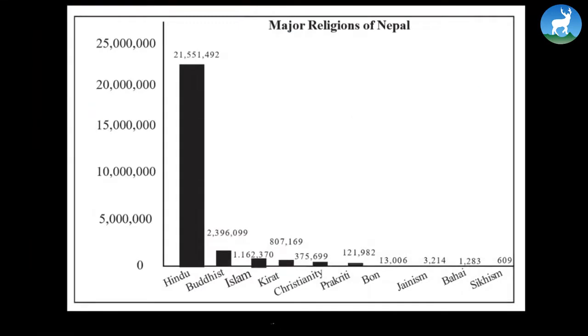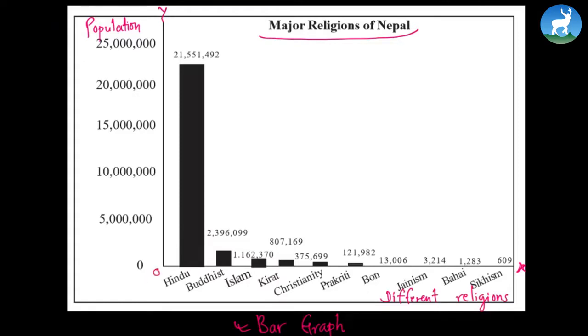Now, let's study another bar graph. So here we have a bar graph, and the title of this is Major Religions of Nepal. It is called a bar graph, or clustered columns, or histogram. The total number of people, or the population, is plotted on this side. So this is population on the y-axis, and on the x-axis different religions are plotted. So it is a graph between different religions and population. This is the point of reference. Now this graph simply means